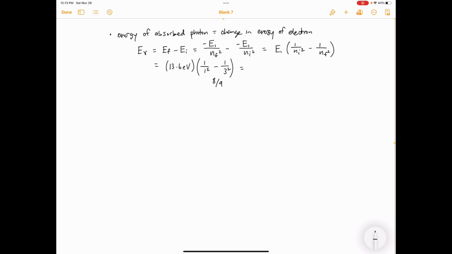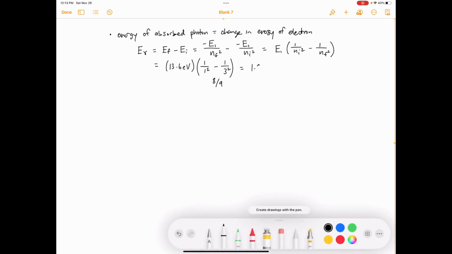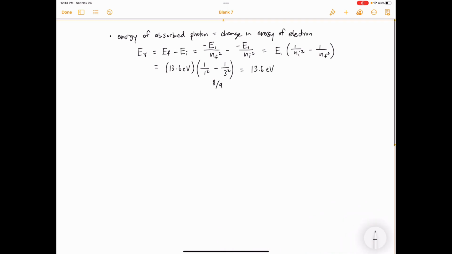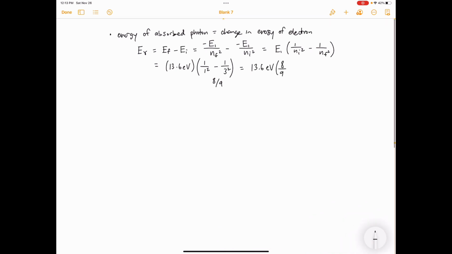So what you're doing is 13.6 eV multiplied by 8/9. Okay, do that calculation. It's pretty straightforward. It gives you 12.09 eV, which we're going to round to 12.1 eV. So that's the energy of our photon, 12.1 eV. We can find the associated frequency of that photon